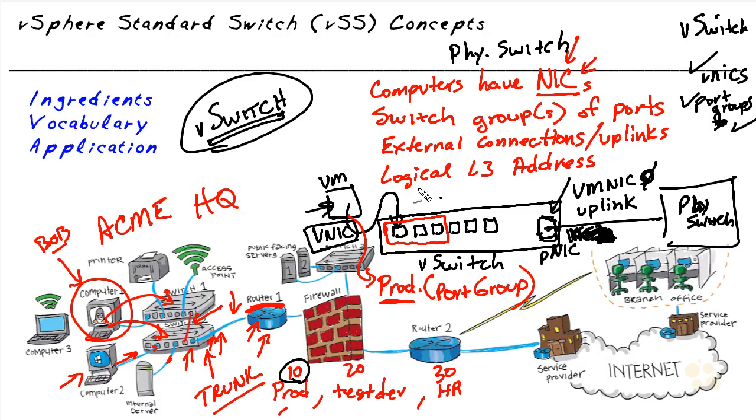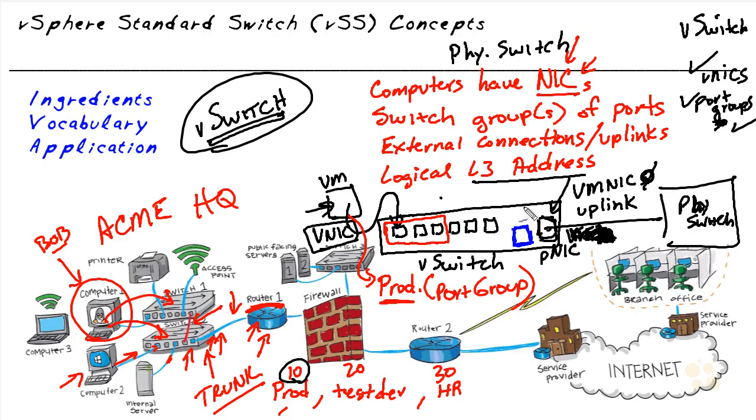And then last but not least, what about a logical layer 3 address? Now, an actual virtual switch that's living logically inside of an ESXi host, that virtual switch itself doesn't need an IP address. However, the ESXi host might want to communicate with other devices. For example, our ESXi hosts all need to communicate with the vCenter server appliance. That would be really important in order for the vCenter server to manage that ESXi host. So although the virtual switch itself doesn't get assigned a logical layer 3 address for management, there is a special